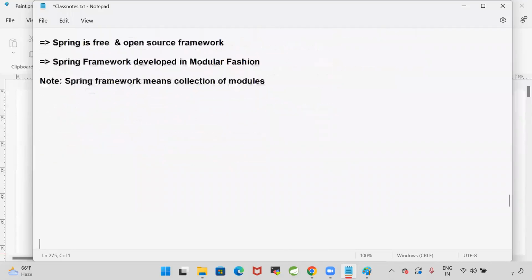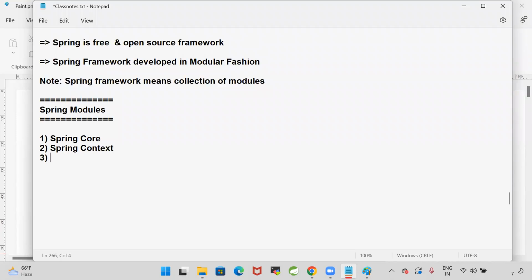So what are the modules available in the Spring framework? There are several modules available. Spring Core module is available, Spring AOP module is available, Spring Context module is available, Spring JDBC module, Spring ORM module, Spring AOP module,